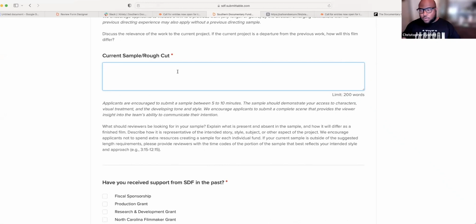And I know with my work sample that I did for Grandmaster, how I set it up, right? I started off by showing this countryside where Grandmaster Moore lives. He lives in the small town of Delco, North Carolina. So I kind of captured that feeling of this small, country town. And then you start hearing a phone ring. And then they show this kind of dilapidated trailer, looks like no one really lives in there, but he